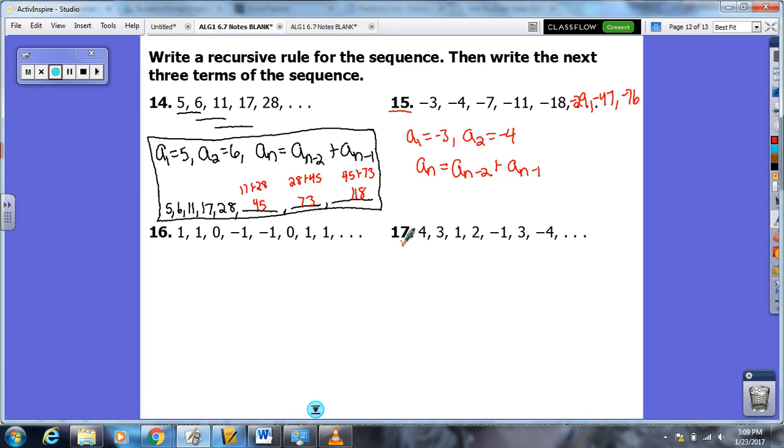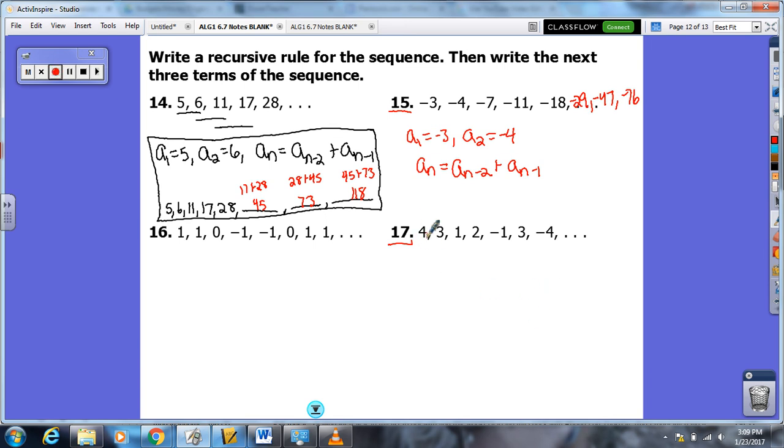Okay, let's go ahead and look at 17. 16 is very similar to 17, but I think 17 is just clearer to see. So if we take a look at what's happening here, these are subtracting. And this just takes practice. You will get better with practice about quickly seeing what's happening. Sometimes you just have to look for a pattern, try it out, see if it holds, or maybe it doesn't and you have to try another pattern. But definitely with practice, these get a lot easier. So I can tell